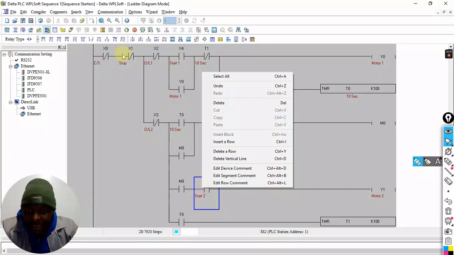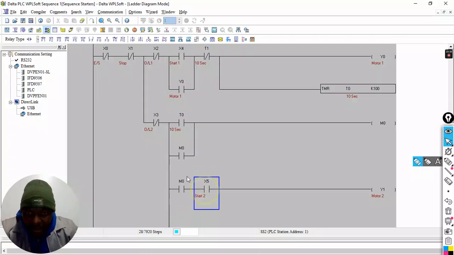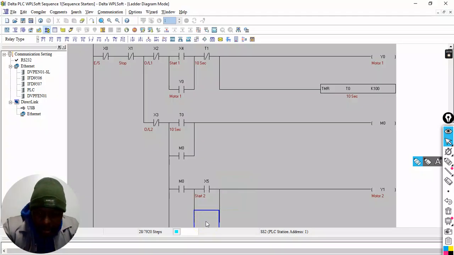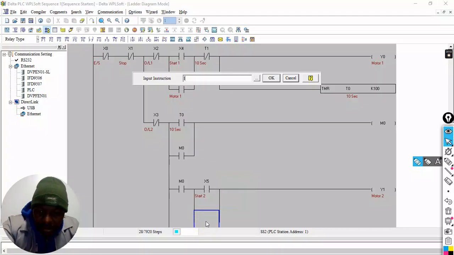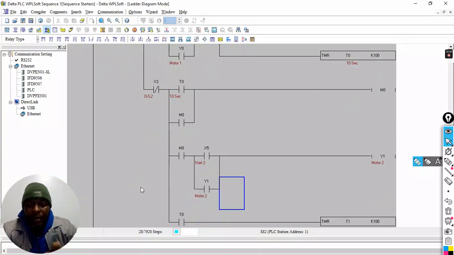So let's just add a thing there. Okay, before I do that, let me add a rung here. Insert a row, and then now I can come and say, remember the start will be released, so I want to latch until we stop the motor. Let's say now this is Y1. So this way, if I say run now